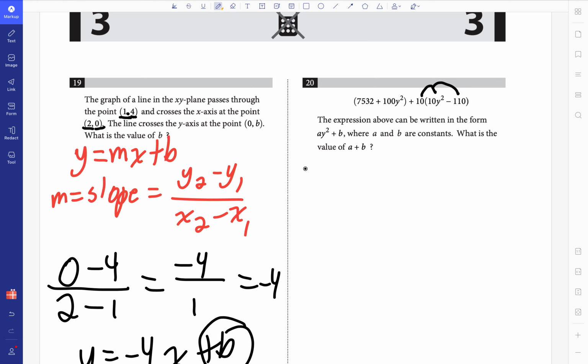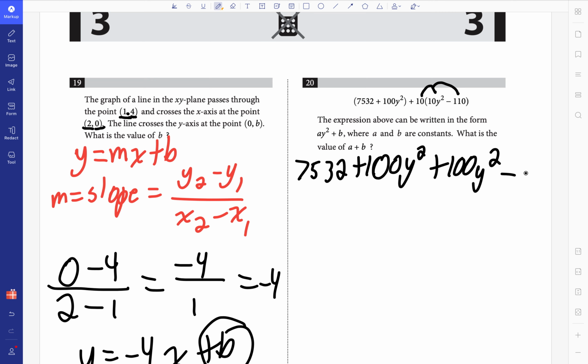So I have 7532 plus 100 y squared plus 100 y squared minus 1100, because 10 times negative 110, you just add a 0. Okay, so I have 100 y squared plus 100 y squared, that is 200 y squared plus